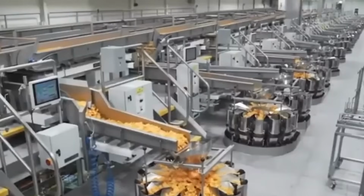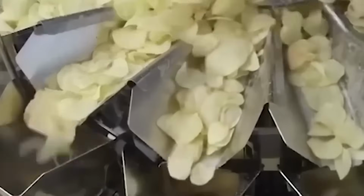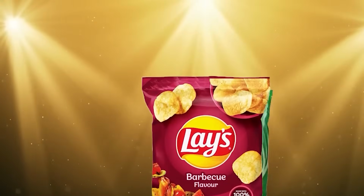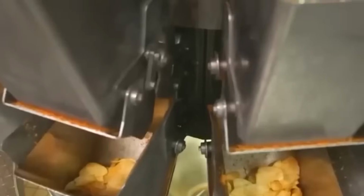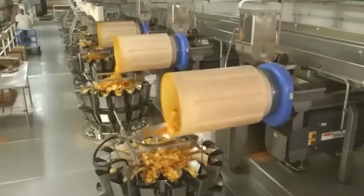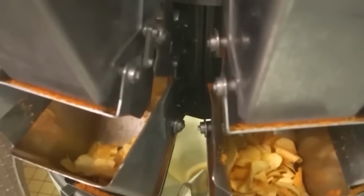Lay's offers a wide variety of flavors, from the classic lightly salted to bold, complex seasonings that cater to different tastes and preferences. Each flavor blend is created using a combination of spices, herbs, and other ingredients that have been meticulously tested for balance and intensity. The seasoning process is highly specialized to ensure even distribution, guaranteeing that every chip is coated with the perfect amount